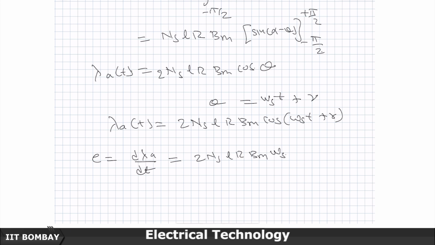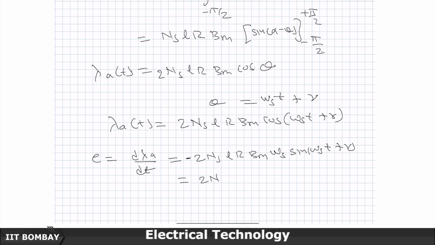When you differentiate cos of omega s t plus gamma, it is going to be minus sin of omega s t plus gamma, and then one more omega s comes out, and because cos of 90 plus theta is minus sin theta,